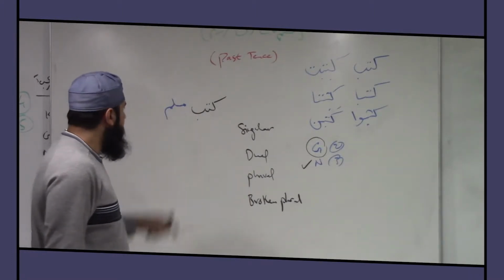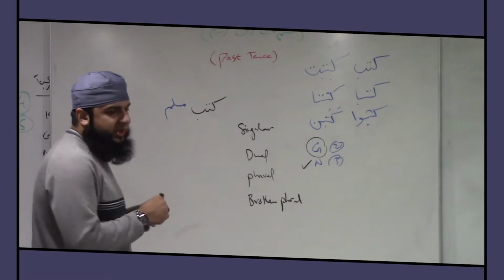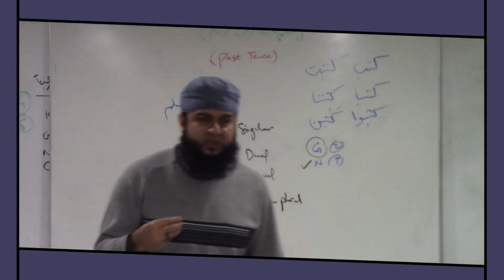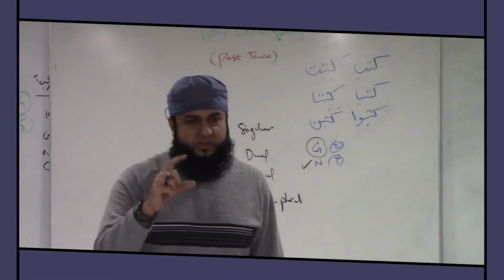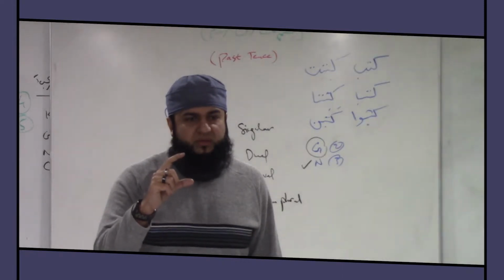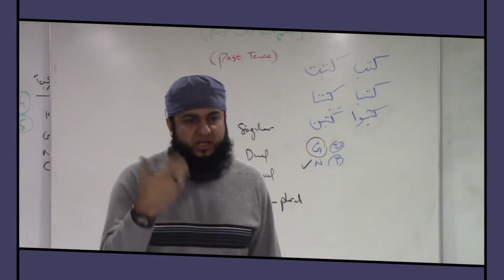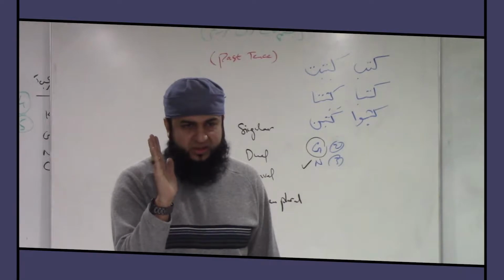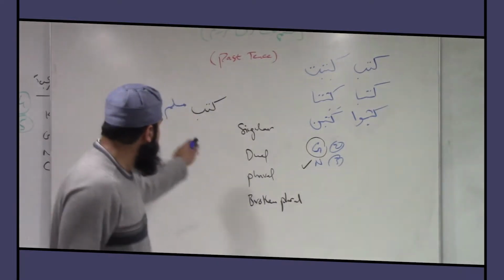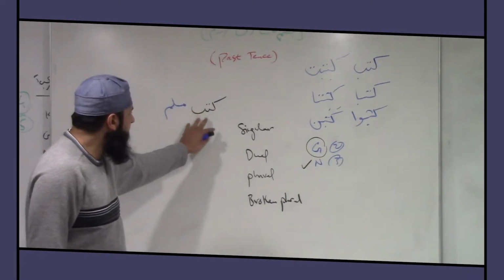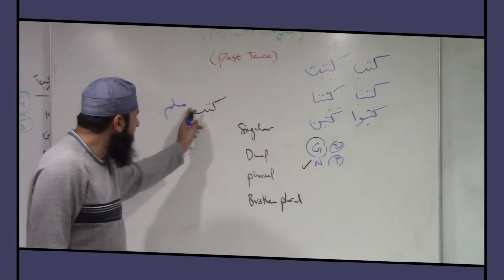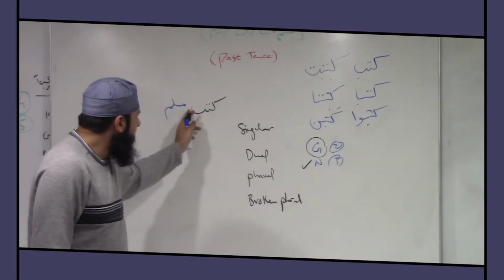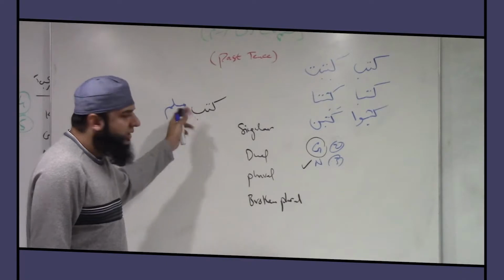So here the rule is, let me tell you that. Whenever you use a subject and this subject is not hidden, not invisible, you know what I mean, it's clear cut, you can see it here. It's not hidden in it, and it's not pointing outside. So what's going to happen?